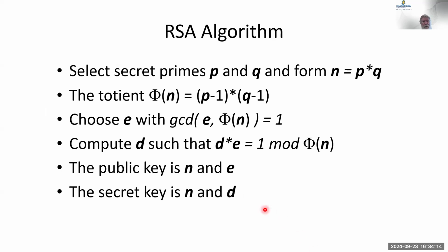Just a reminder, I think everybody knows this by now, that you take two big primes, you multiply together, you get n, and one less of those two primes multiplied together, find a number, it gives you n and d. You have to be the multiplicative inverse of those numbers.